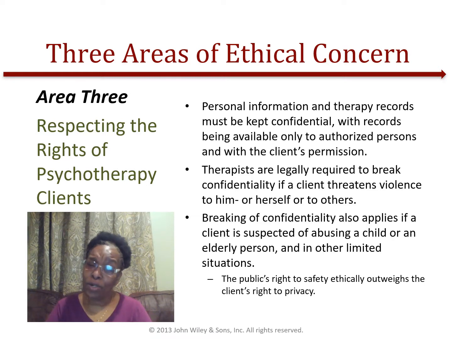Now, if a person came to me in therapy and they expressed that they were really angry at someone and they provided me with a name as well as a plan on how they would kill someone, now I have to break confidentiality. Okay? In terms of children, if I feel that a child is being abused, I'm obligated to report that. I cannot maintain confidentiality. So if I have a parent who shares with me that they beat their child, then yes, I have a duty to warn, and I would have to then report that.